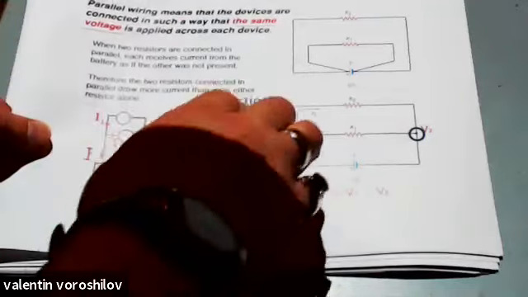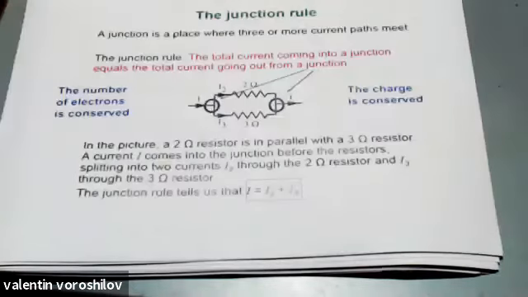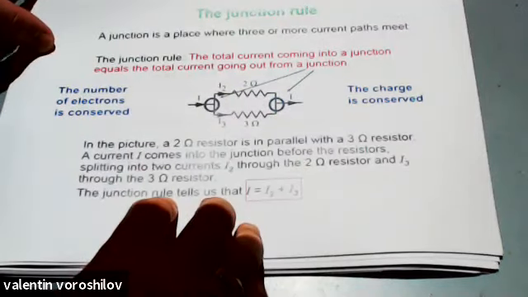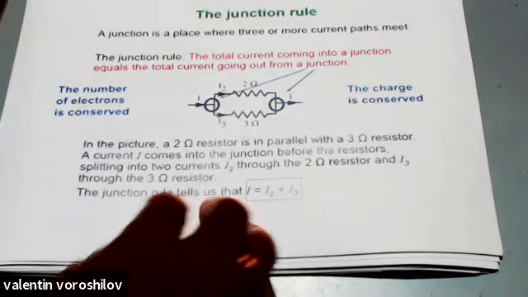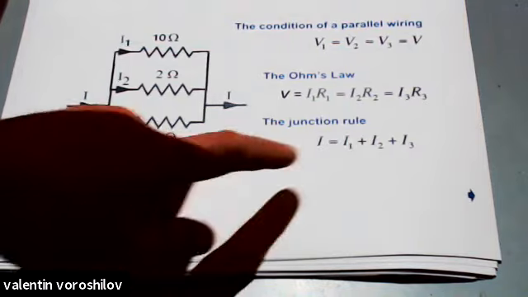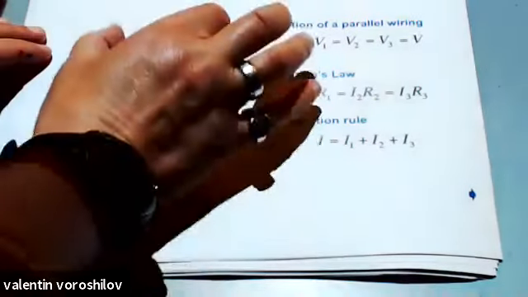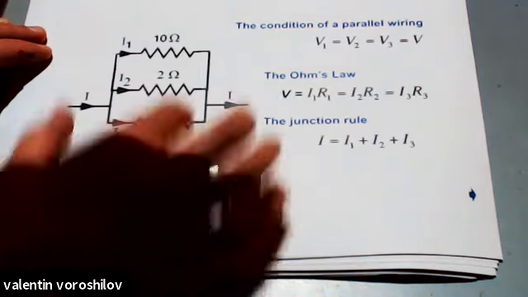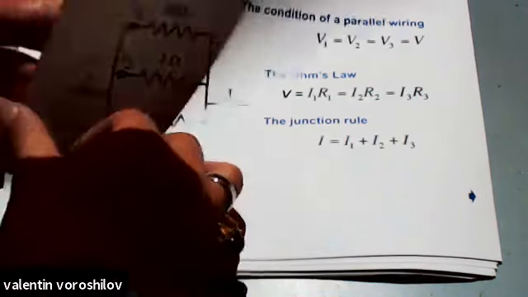We call it the junction rule. And if we apply the junction rule combined with Ohm's laws, for any number of resistors connected in parallel, the result is